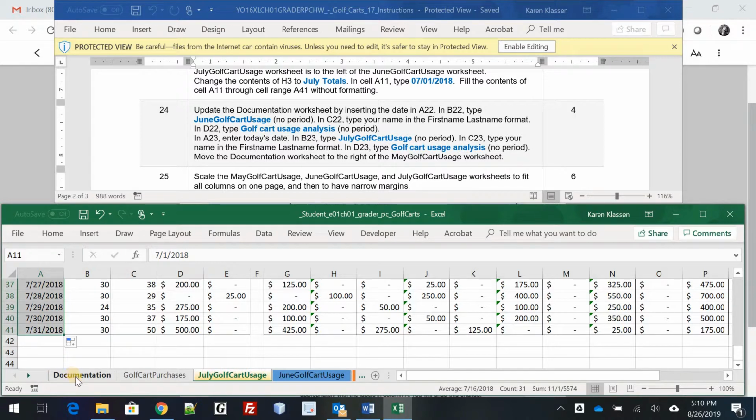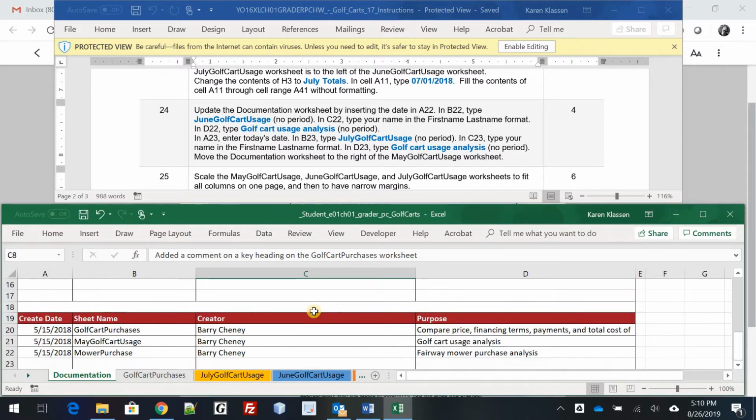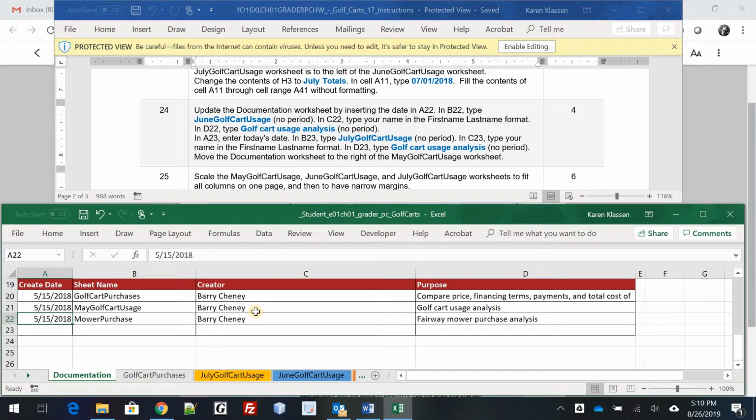Alright, now we're going to go update our documentation worksheet. And in A22, we're going to put in today's date. Oops. 19. And say June golf cart usage. Your name. And golf cart usage analysis, and then again